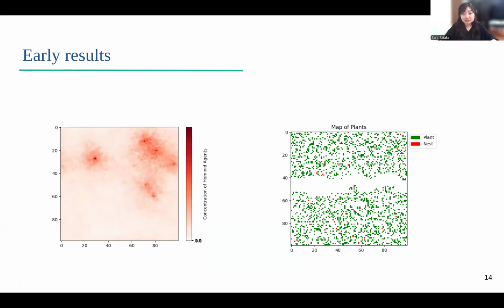This next image shows the concentration of hominin agents in the environment across the 90 days. We can see the red dots as the places that they stayed the most. We can compare with the map of plants that these concentrated spots are related to the areas where nests are located. In the future, this strategy is important to observe the nest relocation behavior according to the topographic region and also the plant species that are present in these specific regions.